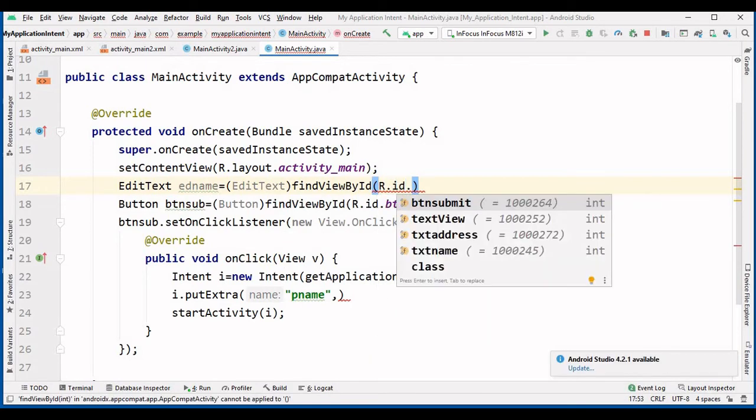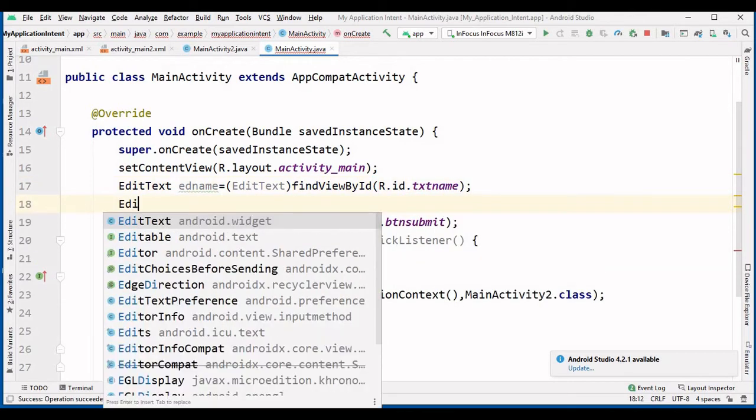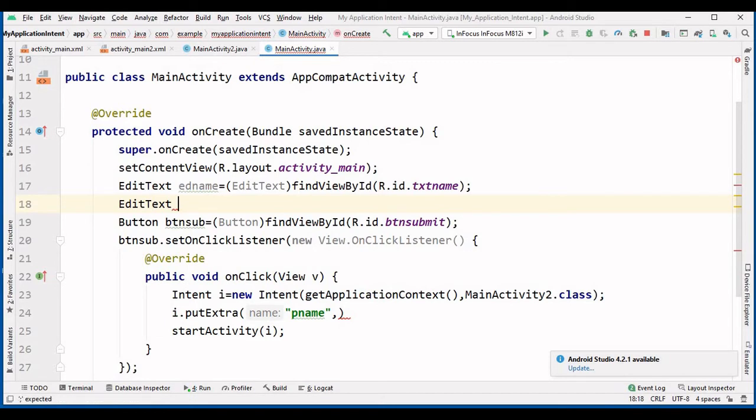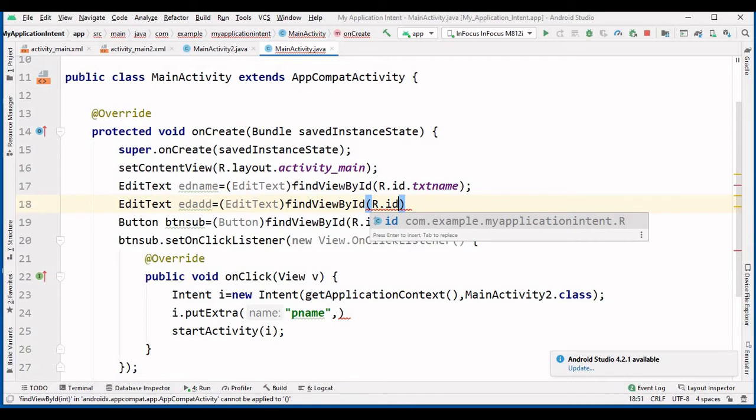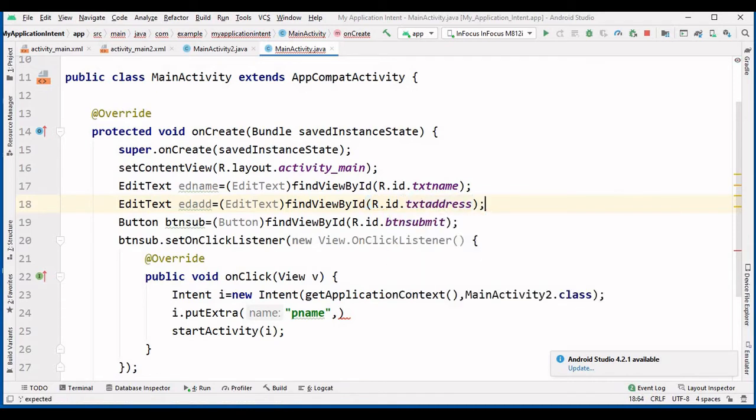So R.id dot name of that text box is txt name, and same way I will link the another text box and I will give the name here ed, suppose add. After that again write down the edit text and call the function find view by id. Write down here R.id dot txt address, and after that put the semicolon.